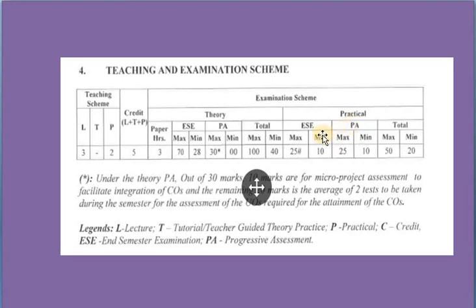Here the practical session is again divided into 2 parts, that is ESE, end semester examination, which has 25 marks, and this is the internal examination. Here 25 with a hash is there, so the hash means this is the internal examination, and PA means progressive assessment, which is 25 marks. In that progressive assessment, students complete their manuals and practicals, and the total marks is 15 marks for a practical. So that is a total of 150 marks for the subject.